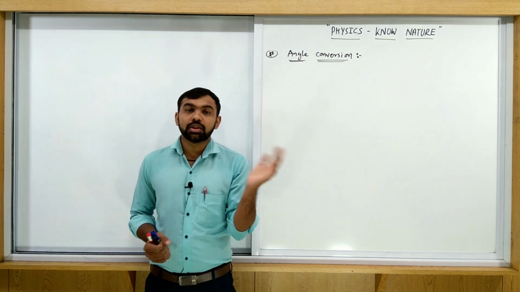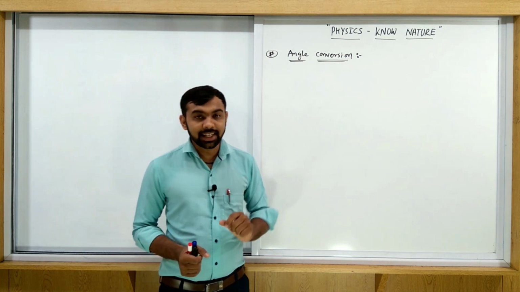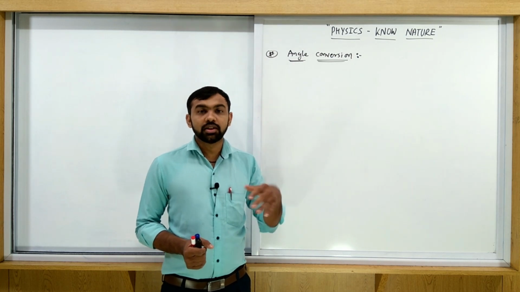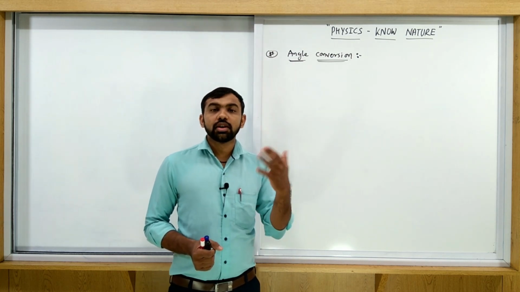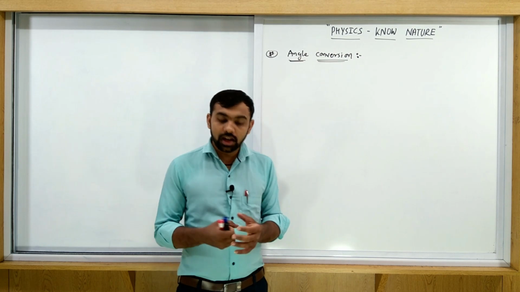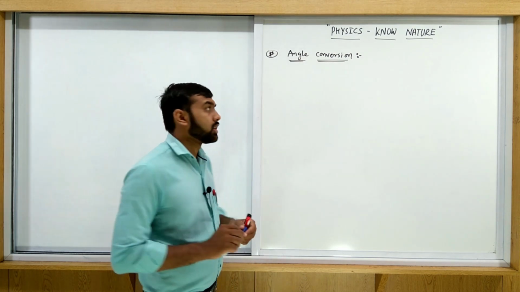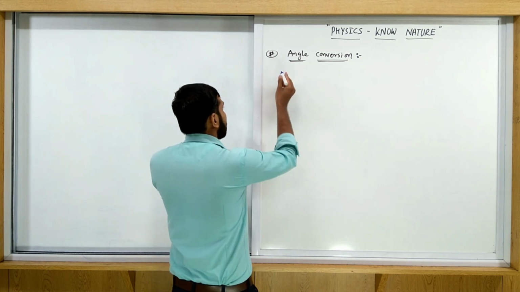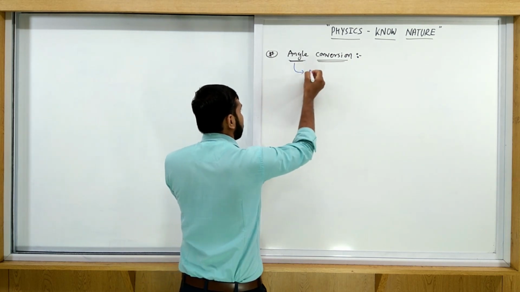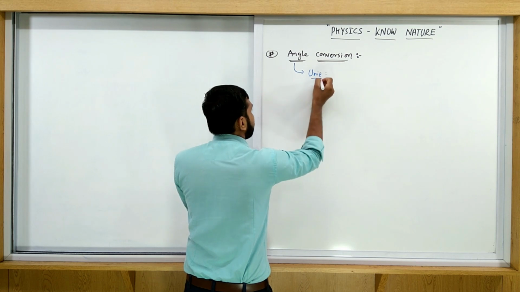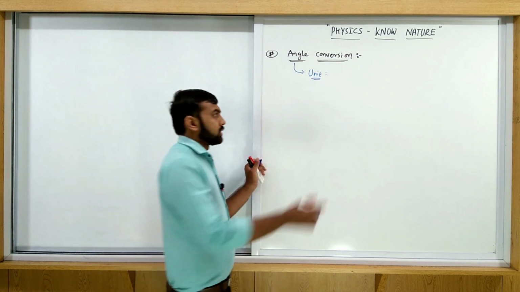Up to the 10th standard you are studying the degree. Now we are discussing a new unit of angle, and that is the radian. So what is the relation between them? We have different units. Let's write down some of those units. First, what are the units of angles? The first one is the radian,